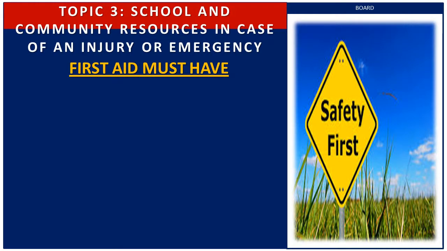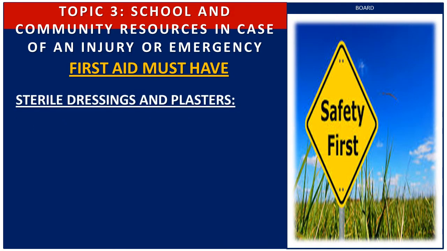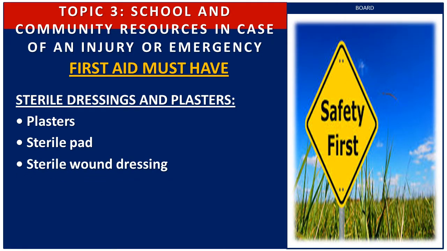Please always be reminded that first aid must have sterile dressings and plasters. Plasters are used for small cuts and grazes. For more cushioning, you can use a sterile pad and hold it in place with sticky tape. You could also use any clean, non-fluffy material like a cloth scarf. A sterile wound dressing is a sterile pad attached to a bandage. These are for larger wounds, to apply pressure to help stop bleeding, and are quick and easy to put on